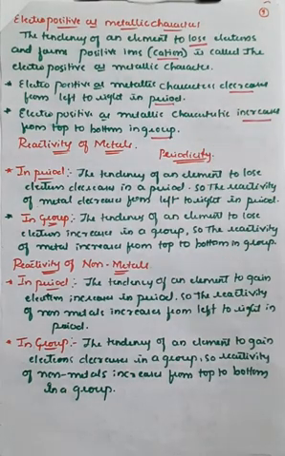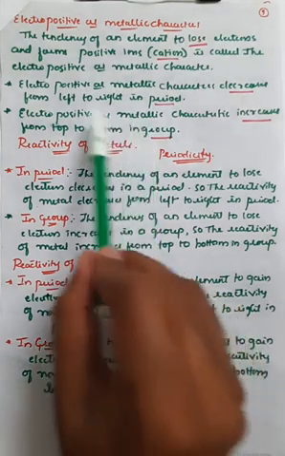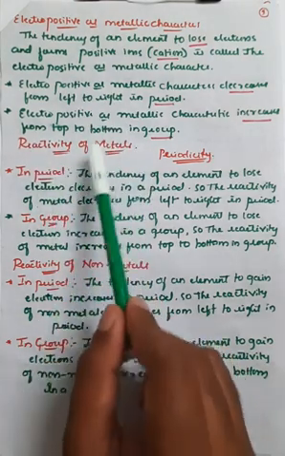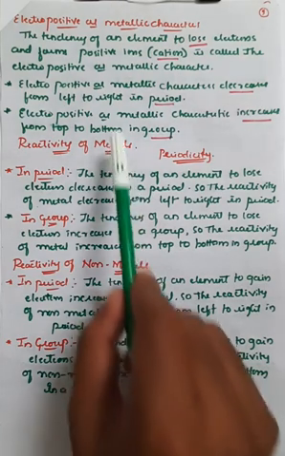After electronegative nature, that is non-metallic character, and electropositive nature or metallic character, next we'll go for the reactivity of metals: how the metals react and how the trend is present in the periodic table. Generally, the reactivity of metals is the ease or the ability of an element to react with another element, or the strength of the element to mix or mingle with another atom present in different elements. That is called reactivity of metals.